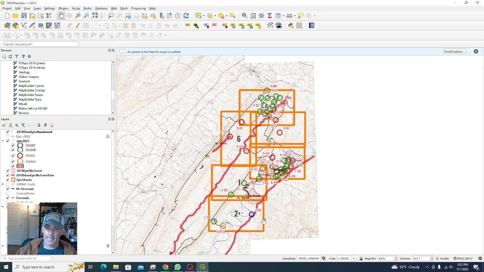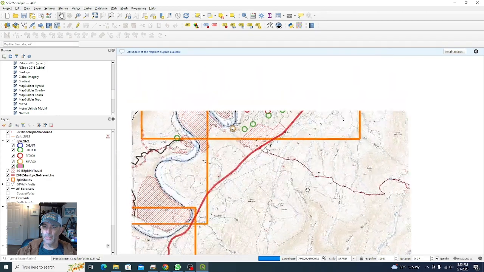So I've figured out I've got a square, and these rectangles I know at a 24,000 scale, when I print these, it's going to fit exactly on an 11 by 17. So I've got a template for these bounding boxes for different scale maps, portrait and landscape. You can see I've got a portrait image here and some landscapes here. The other thing that I've got going on is